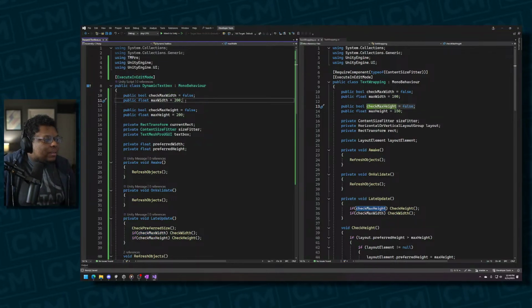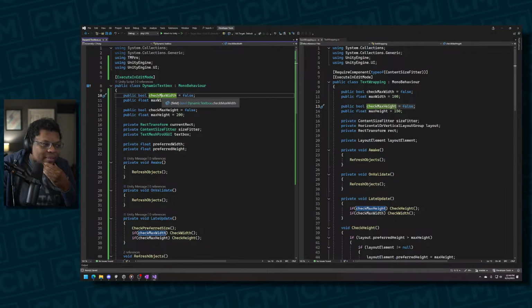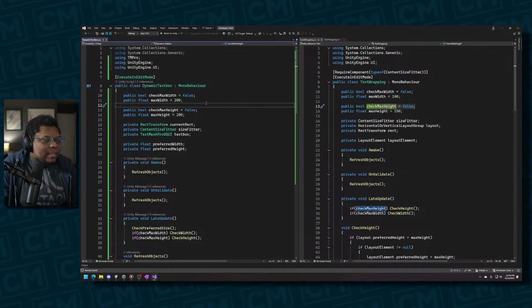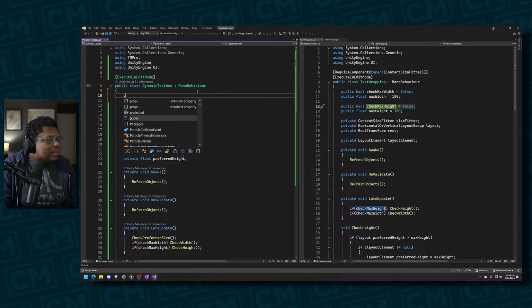All right, so check max width. And this is where I guess, yeah, I could probably do the same thing. Check max, check min width. Oh, but